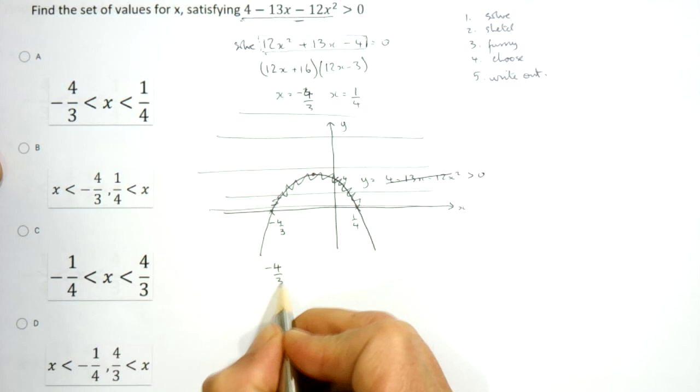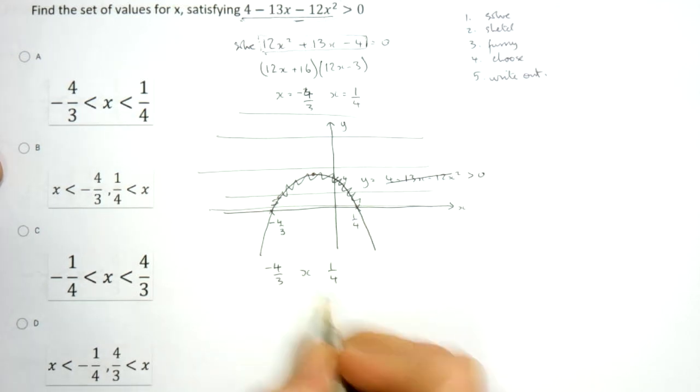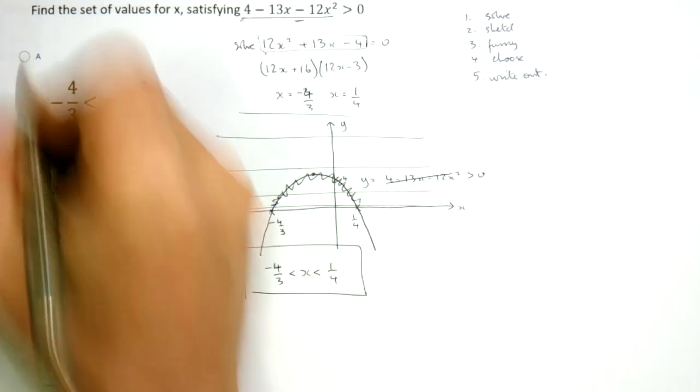So minus 4/3 and 1/4, we want x in between those, so let's put x in between them, and the arrows point to the small numbers. So there's our answer, and we want a